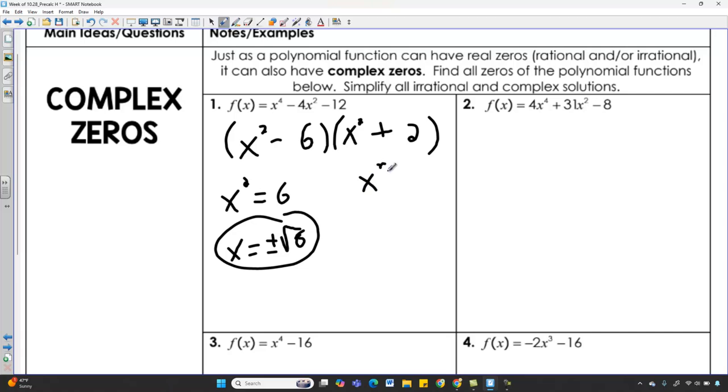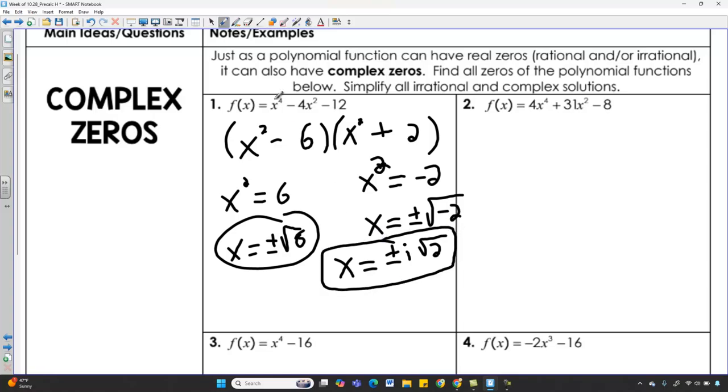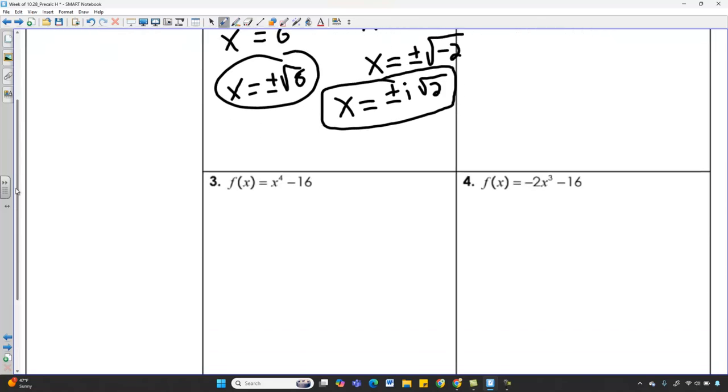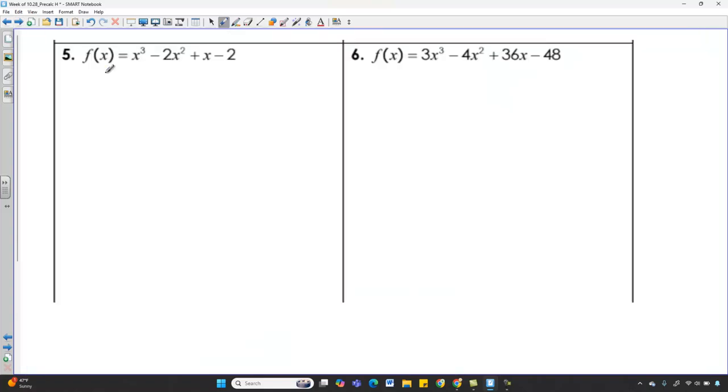And here I have x squared equals negative 2. So x equals plus or minus the square root of negative 2. But with negative 2, you cannot get a real solution for that. So you have to write plus or minus i root 2. We took the negative out. And those would be your other two zeros. So it's a fourth power, and we have 4 zeros. So presumably numbers 2, 3, and 4 are going to work very similarly to that. And then what you'll probably see is that you'll need to use the quadratic formula on a couple of these. So let's see how we do